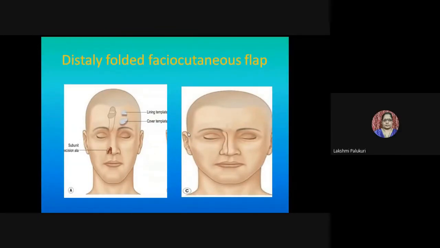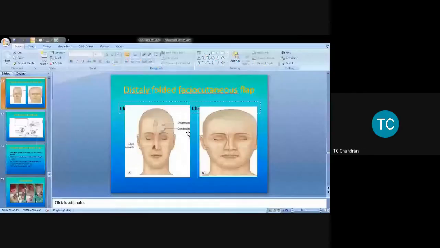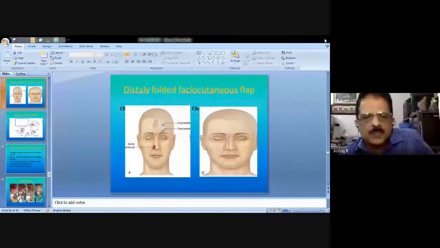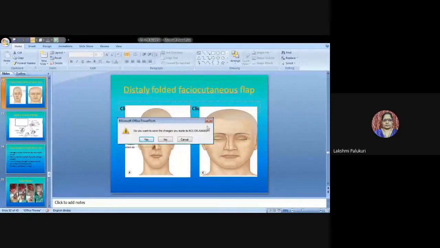Right now, if you want me to do it, I'll do it. Niraj sir, shall we finish that part and go for the second case? Yeah, you finish that part and then we will go to the second case. Sir wants to show some clinical cases and tell about the reconstruction. Okay, madam. Chandan sir, we'll continue with your presentation.